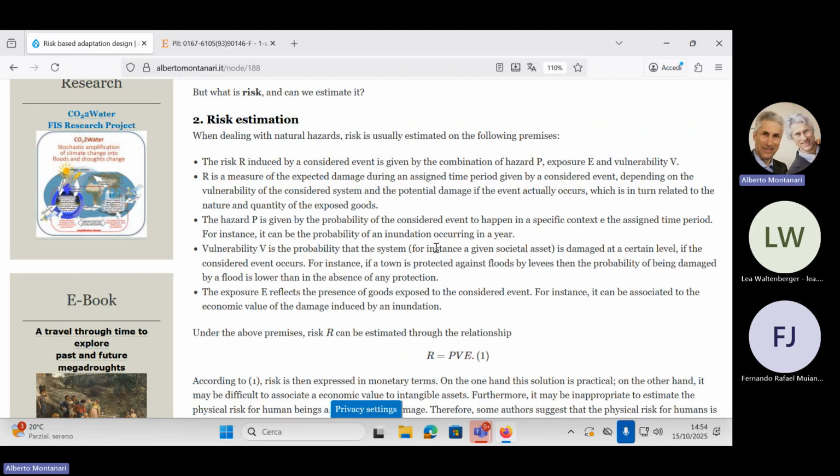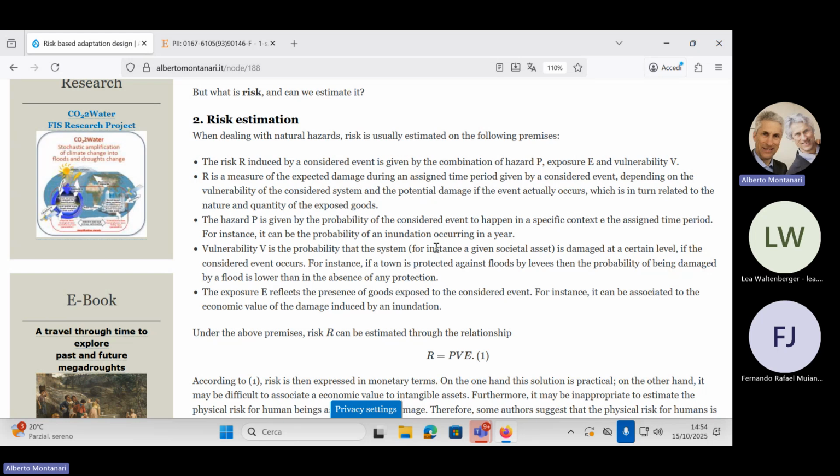It's a monetary estimate of the damage. So it's something that goes from 0 to infinity, or not really infinity, okay, another philosophical discussion, but let's say it goes from 0 to the total value of the assets in Ravenna. Or you may refer also to a single building, like the exposure is the value of the building. Let's suppose that the building is destroyed, okay? And then you have the value of the building, like 10 million